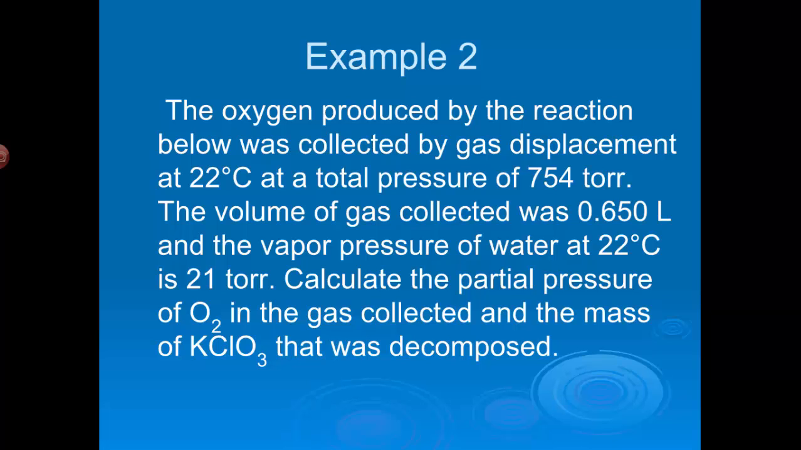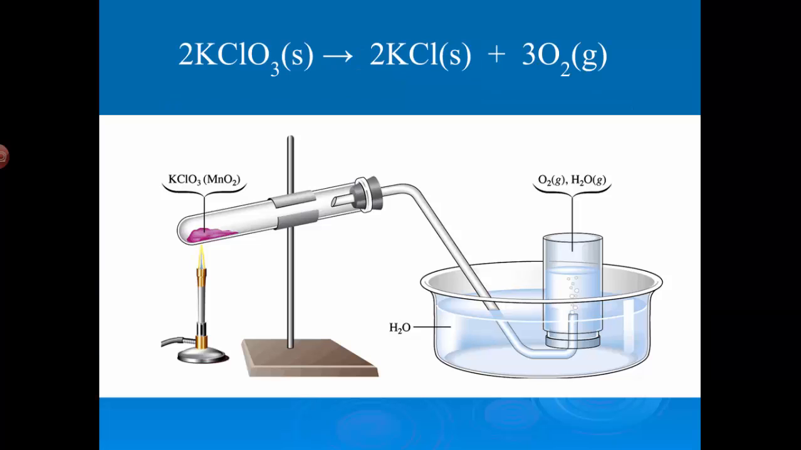Ready? Alright, so let's take a look at what we've got. A lot of information. Let's see if we can figure out what needs to be done here. Okay, so here's the setup that we would use to actually collect the oxygen gas. You can put some potassium chlorate into a test tube and throw a Bunsen burner under there, and it'll decompose. We use a little manganese oxide as a catalyst to help it go. It'll decompose into potassium chloride, and it'll produce the oxygen, which will travel through the tube, and we'll collect it